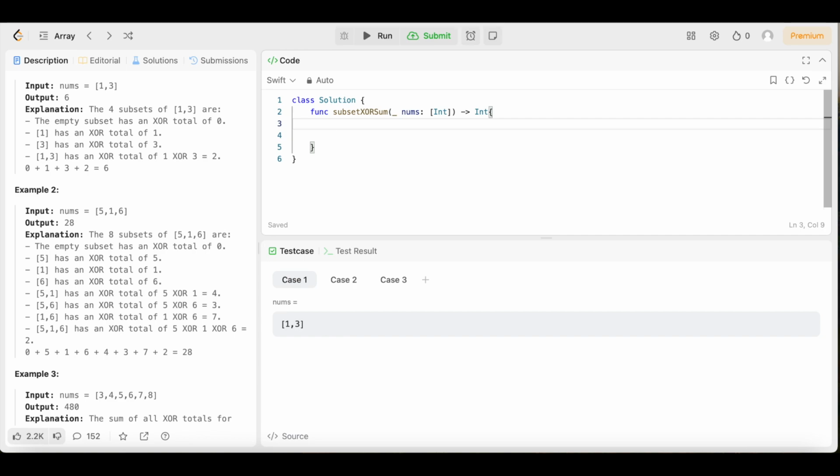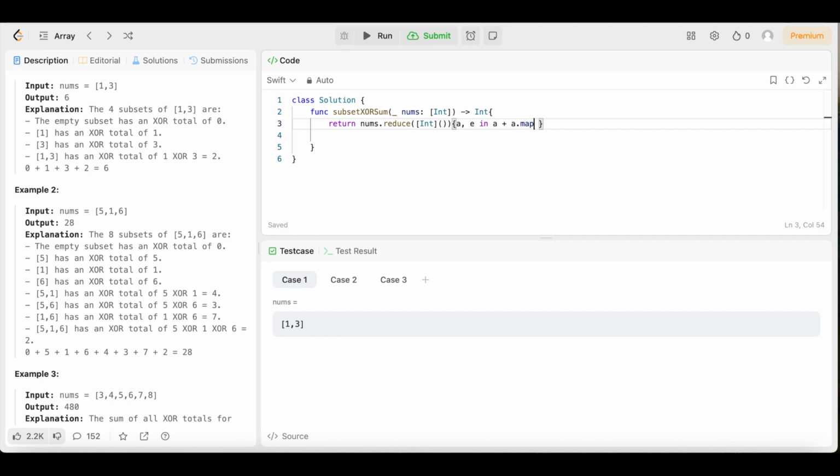So first thing we're going to say is return nums dot reduce, then we're going to open up the array brackets, put Int. So we're going to take nums, and we're going to start the reduce off with a blank array, but we're not done yet. Then we're going to open up our brackets, and this is going to represent this blank array that we just started. Then we're going to say a, comma, e. Then we're going to say a plus